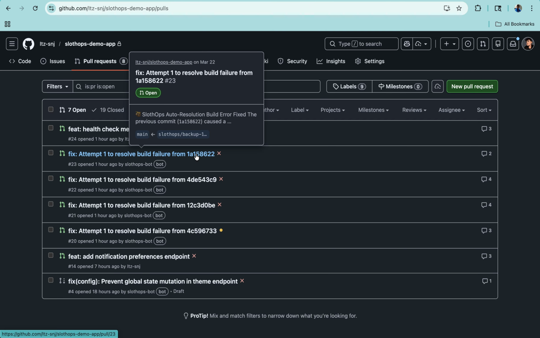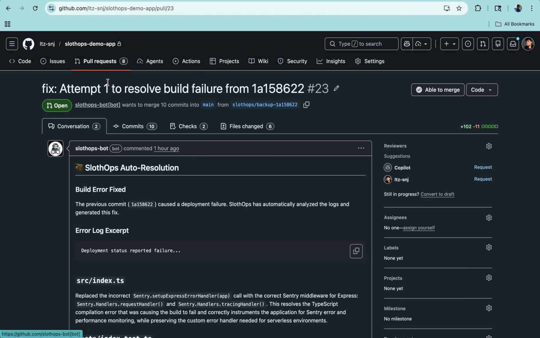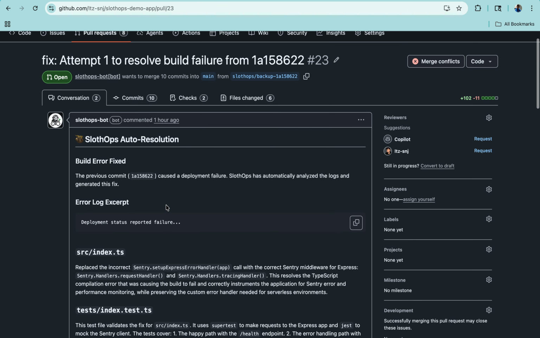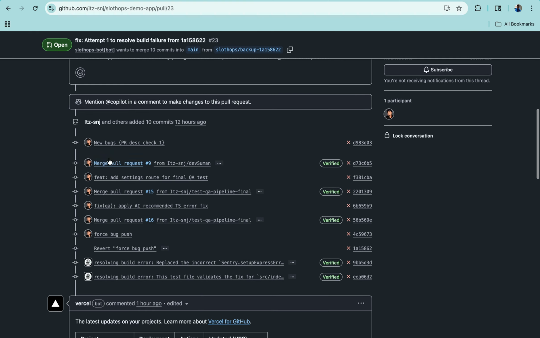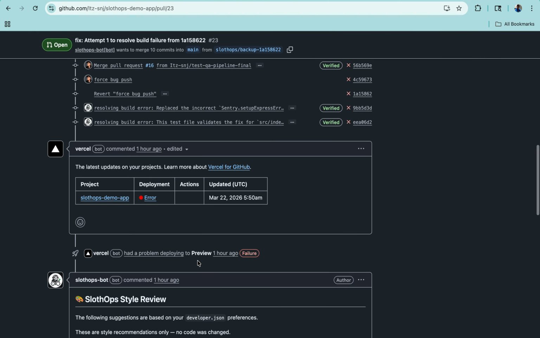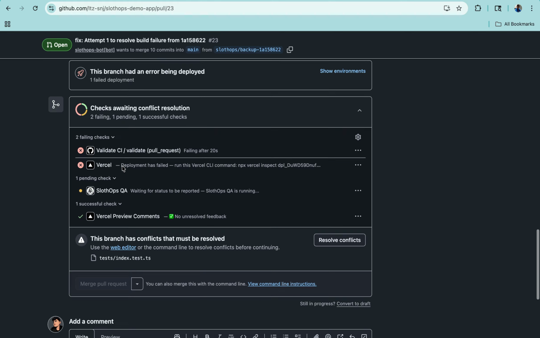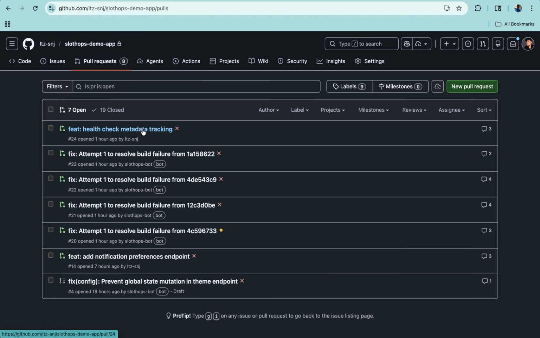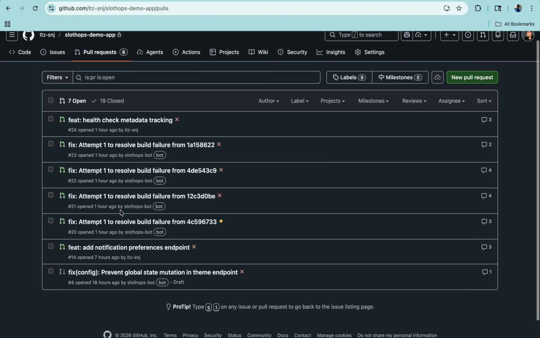Just to give you a quick glimpse of resolution, attempt of solving 1A1F23. It is a build error issue, where the SlothOps bot itself generates a resolution. And after that, it gives a style review and stuff. So this is not a good PR to judge it by. But let's go for